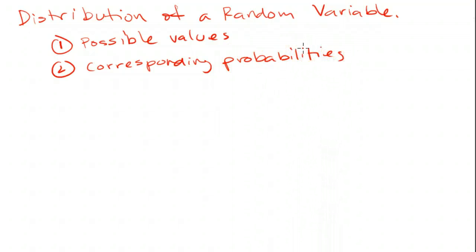Right? So a lot of times when we have a random variable, they might give this to us, as we've seen before, as a graph or some kind of density curve. But one common way that we're going to see the distribution of a random variable might be through some kind of table. So one quick example of this would be maybe a table that gives us all the possible values